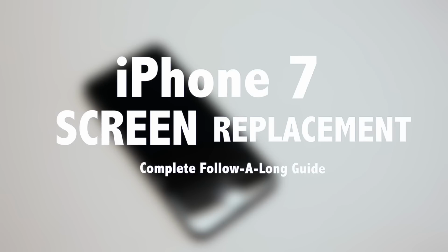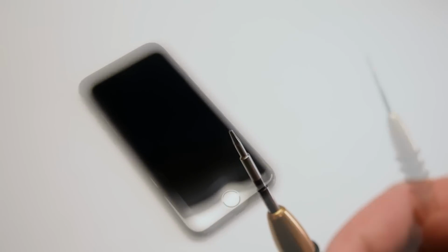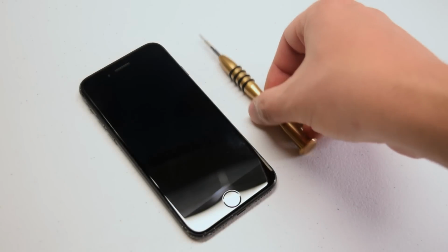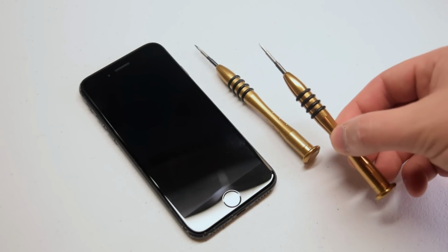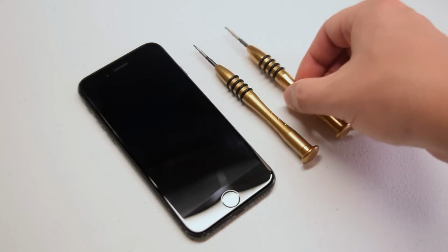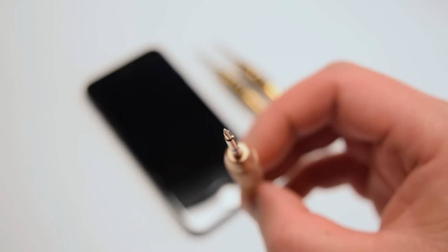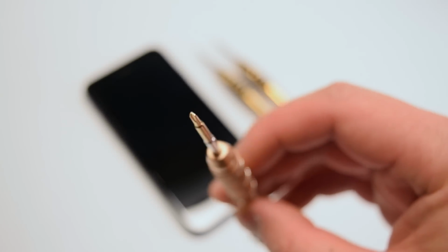iPhone 7 Screen Replacement Guide. The tools we're going to need are a proprietary pentalobe screwdriver, a Phillips head 00 or a 000 screwdriver, a Y-tip double or 000 screwdriver,